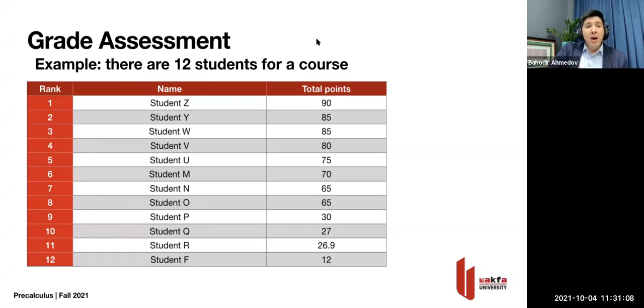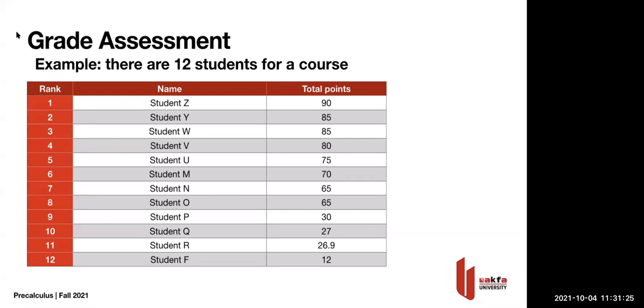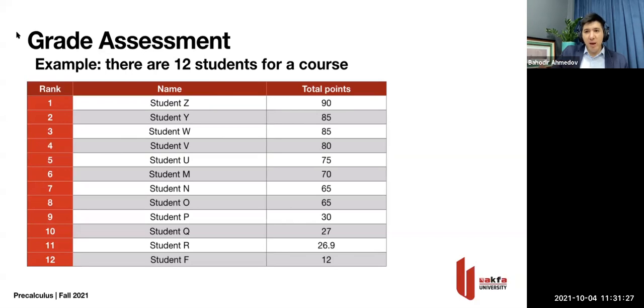I used to work at different universities, where professors assign the grades themselves. At the end of the semester, the professor gets all of the grades and then puts the grades A, B, C, D, and fail. Here in this university, we try to make this automatic, so all of the grades are assigned by the system. I'm just going to briefly explain how the system works.